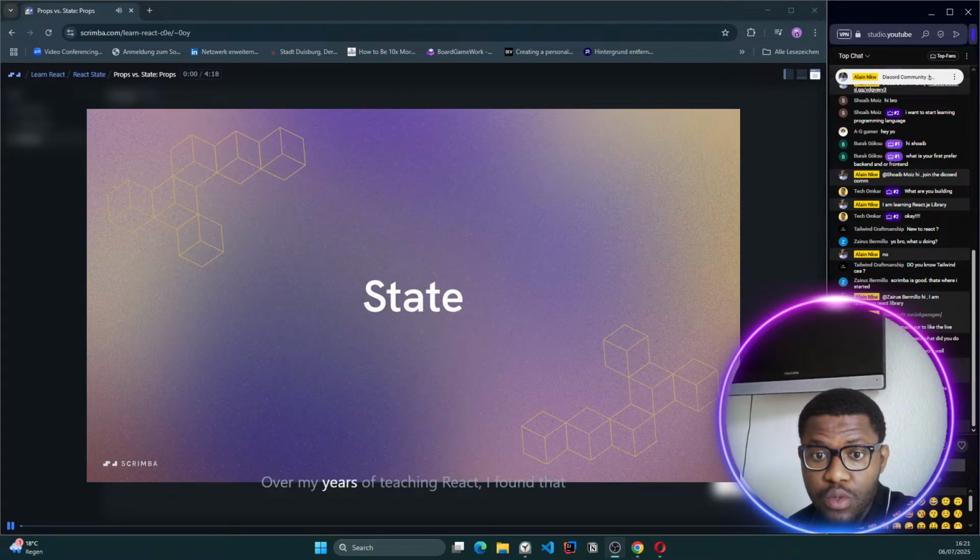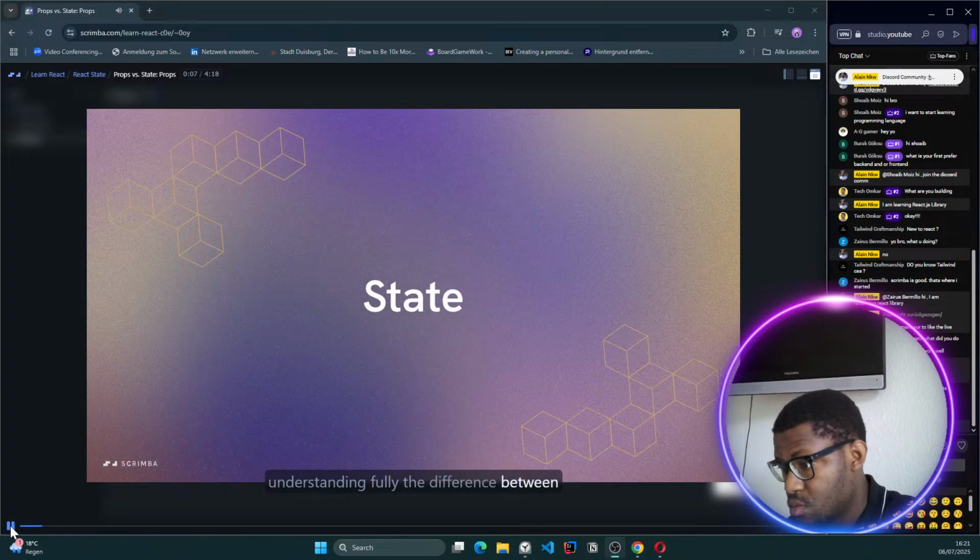Over my years of teaching React, I found that one of the major confusions stems from not understanding fully the difference between props, which we have talked about in the last section, and state, which we are just now learning about. So I want to spend a little bit of extra time understanding the differences between